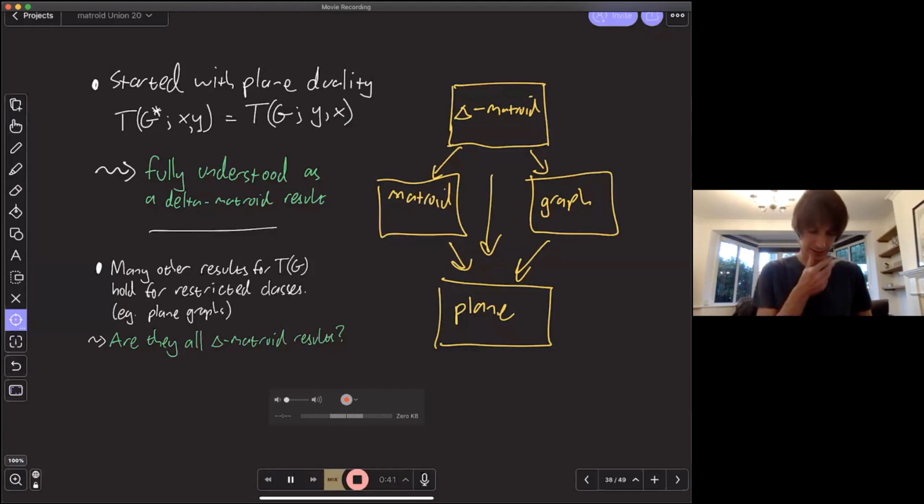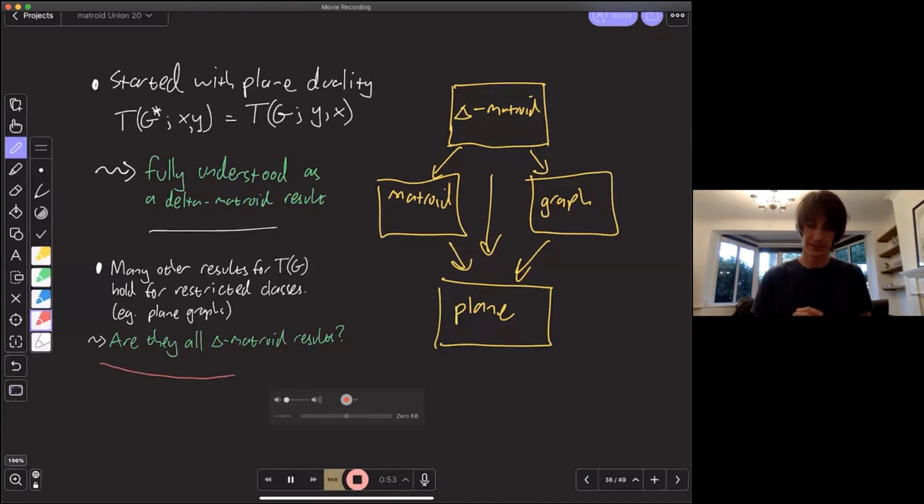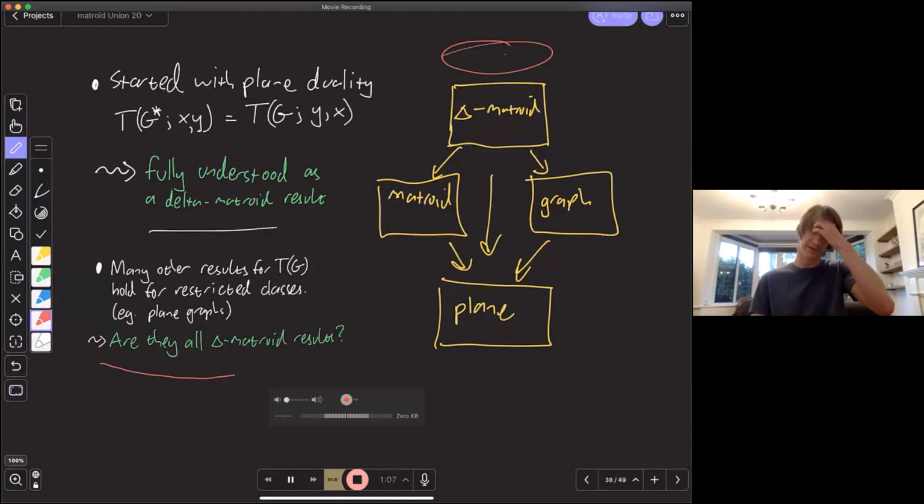Maybe. But something goes wrong, and there's something missing from this picture. There are results that hold for the Tutte polynomial, and you lift them to the delta-matroid world, but they're still incomplete. So we've been following these results home, but we haven't quite found them.